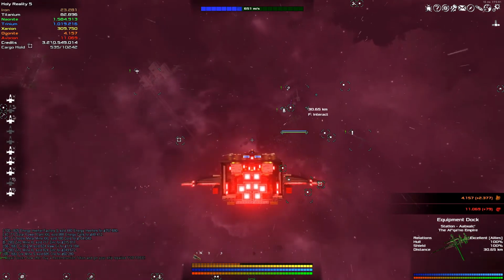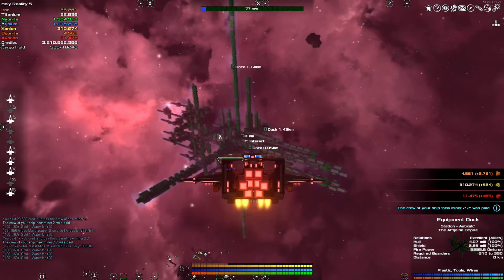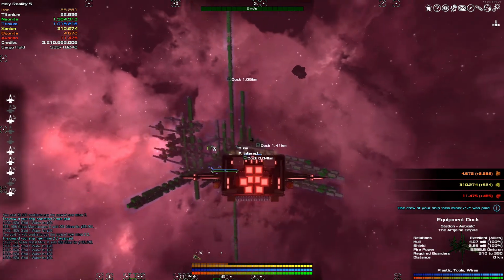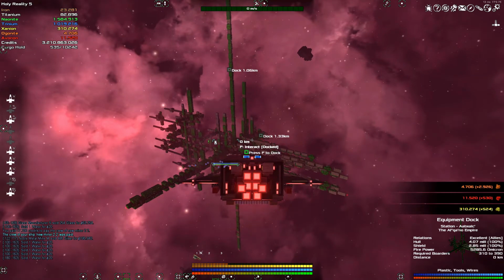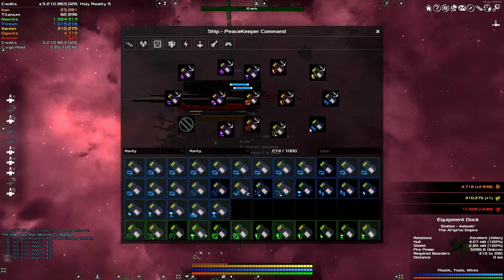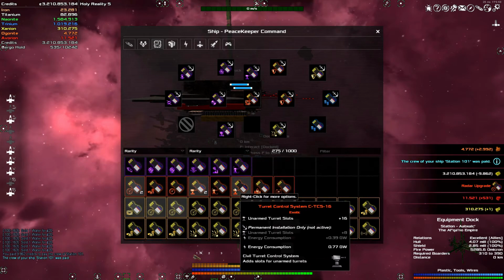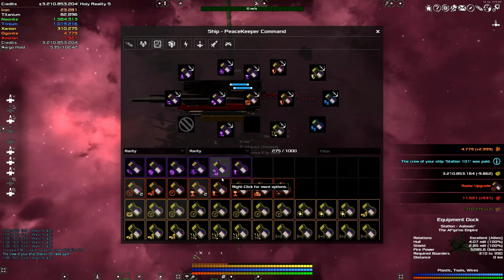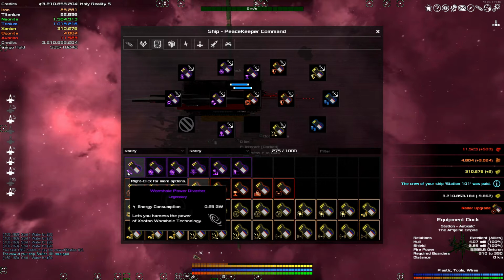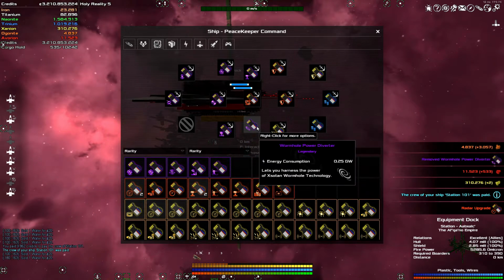So let's go and do that. Alright, so you just have to be docked, I think. There we are. And now we can take that off without losing it. Yep, it didn't give us that warning, so we should still have it. There it is. Okay, so the thing I want to put on, though, is the Wormhole Power Diverter. So we only have